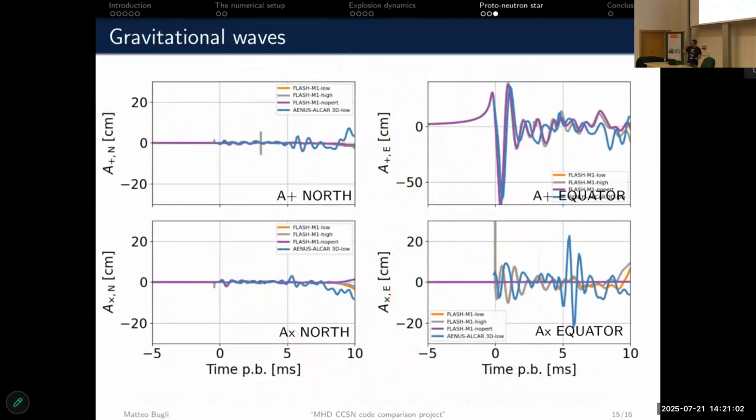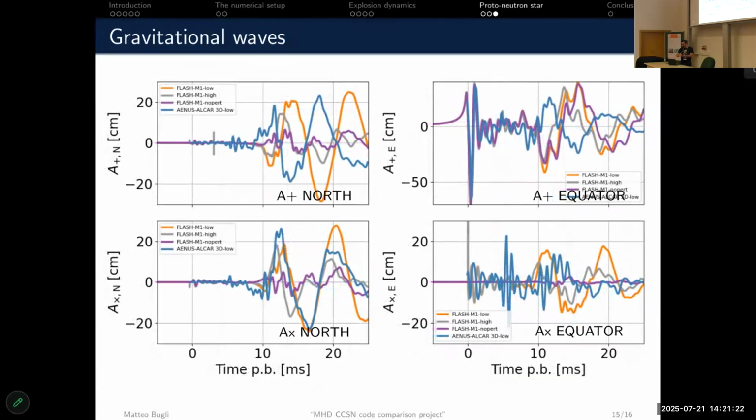Of course, we are starting to collect this data now, and you're looking here at the very early distribution of the strain for the FLASH and the Nanonuclear code. So in terms of the bounce signal, the agreement is pretty good, but then it starts deviating quite a bit the longer we go. So now I'm enlarging the axis of time, and you can see that there are differences